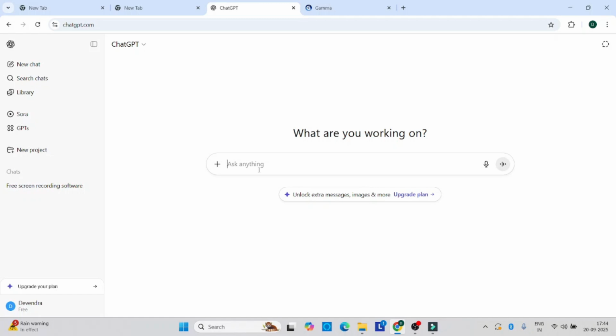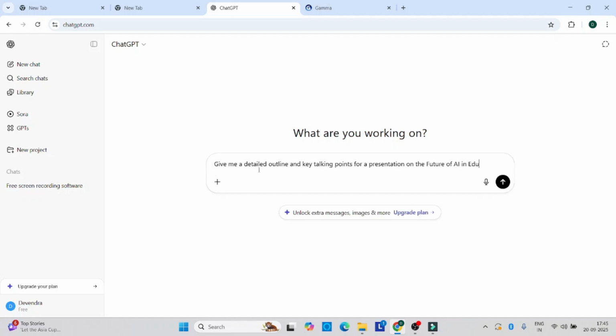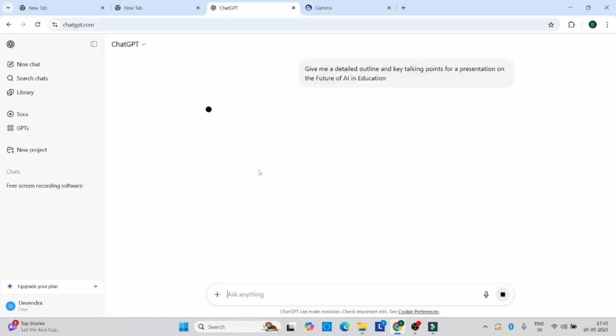So I'll give it a prompt to give me a detailed outline and key talking points for a presentation on the future of AI in education. You can see that I have given a prompt